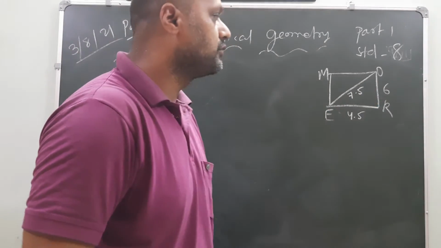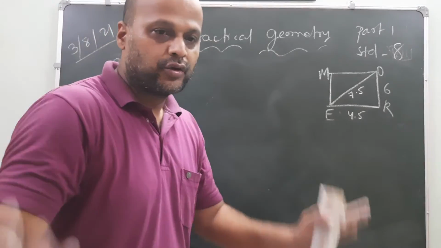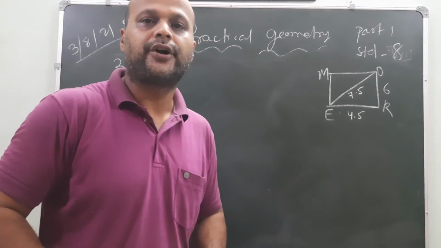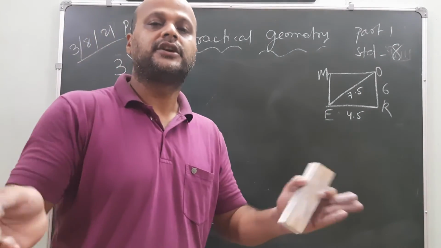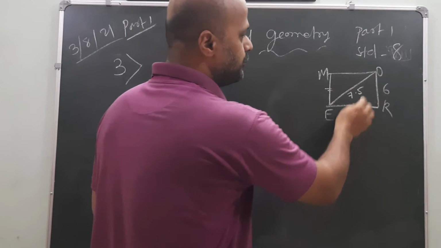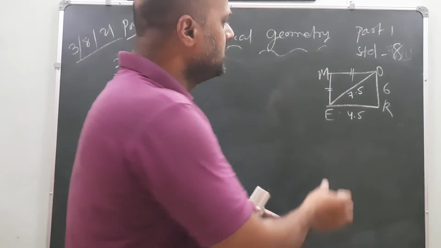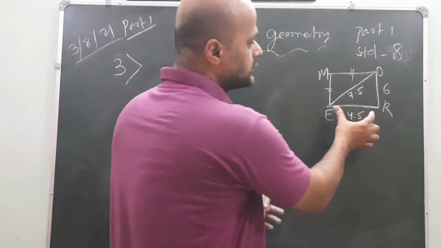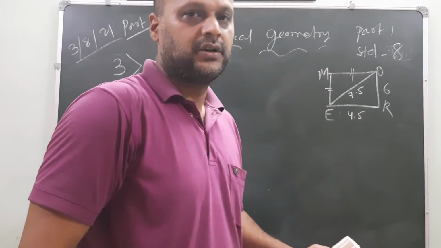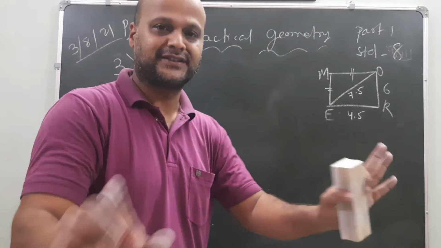In this case, what do you have to take? We know that in a parallelogram, opposite sides are the same. This is one property of the parallelogram, that the opposite sides are parallel. So if it is 6, this side is also 6. If it is 4.5, this is also 4.5. Now some of you may doubt, sir, you are writing 4.5 on the smallest one and 6 centimeter on the bigger one. Why are you doing like that? You can change it, no? I can change it because previously I told you this is a rough sketch. This is not the fair one.